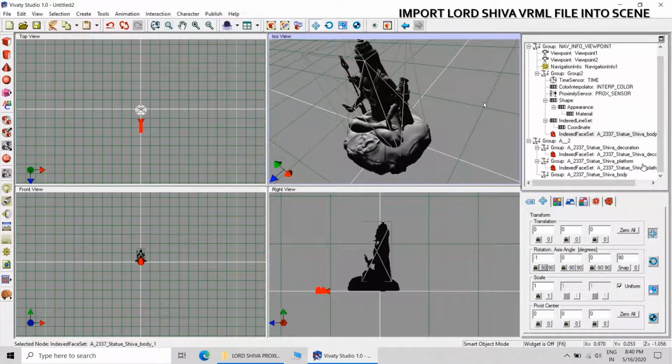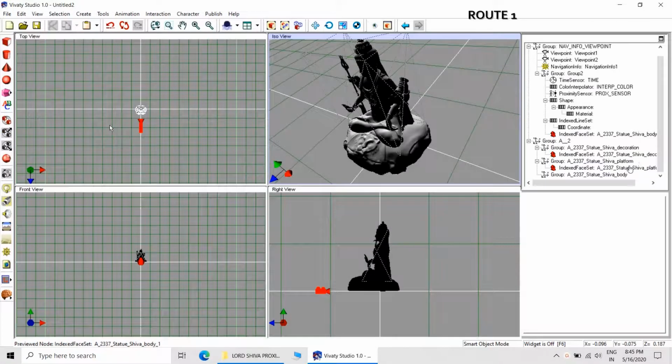So you can see that there is a bounding box and the statue is inside that bounding box perfectly at the center position. So this completes the third step. Now the fourth step will be defining the roots.